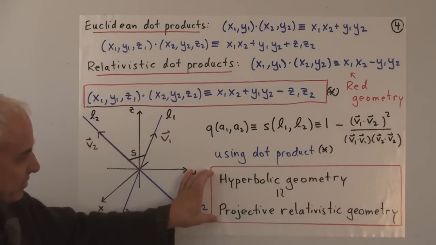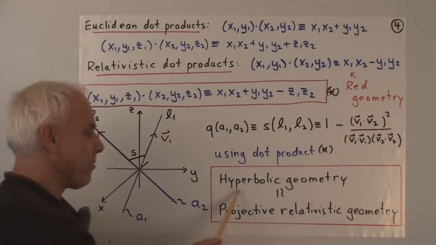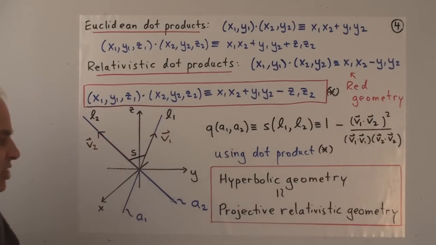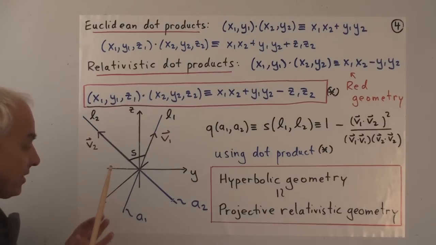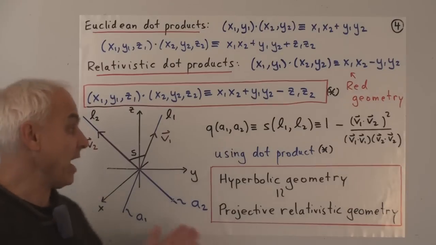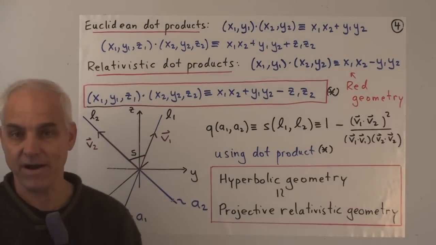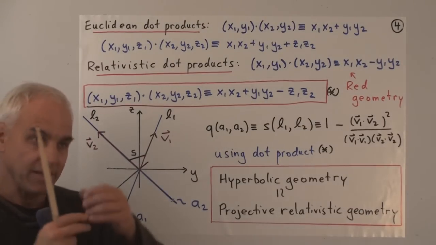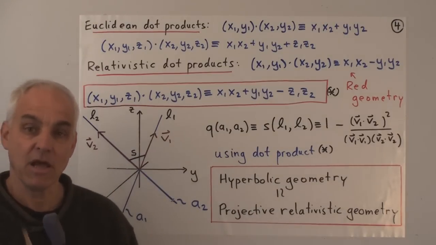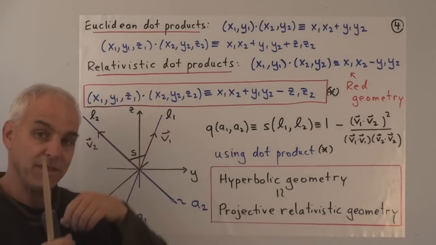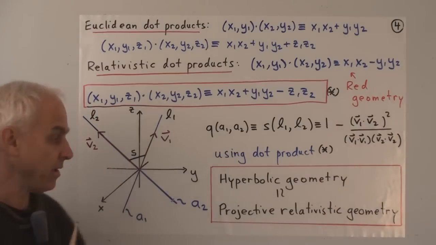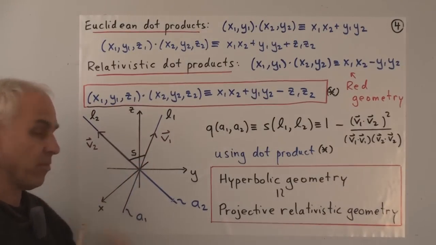So this is an explanation of why I like to think of hyperbolic geometry as, in some sense, projective relativistic geometry. The points that we're studying in hyperbolic geometry are just lines in really a hyperbolic affine space. We're looking at 3-dimensional hyperbolic space projectively, in other words, with our eye at the origin, so we can only see things emanating from the origin, be they lines or planes.